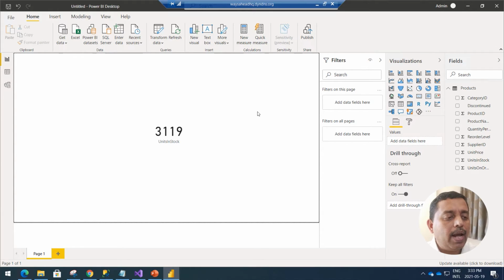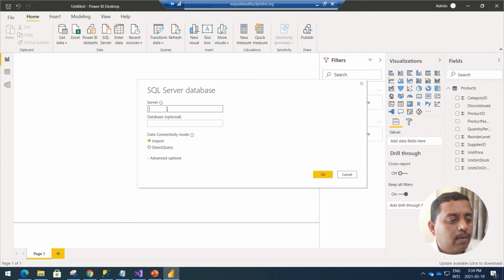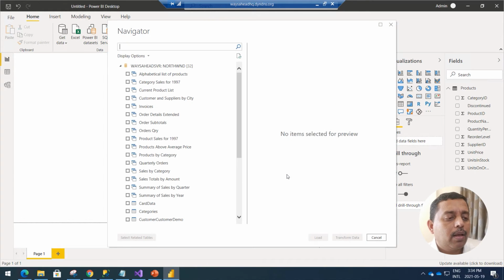So you see that the main portion was connecting the data source. So this is one part. SQL Server, I can again go back to SQL Server. Again, I can type in the server name, and then I can say OK. It will take me back to this particular data.